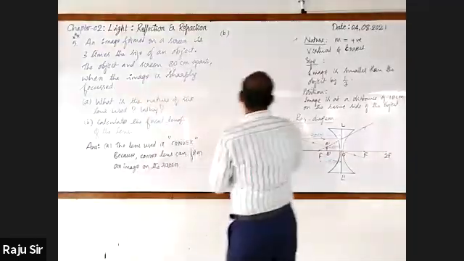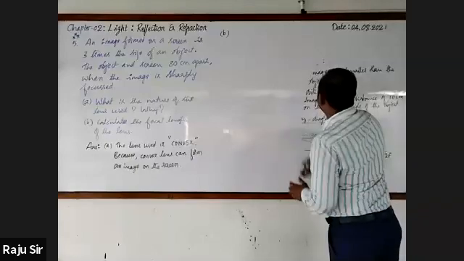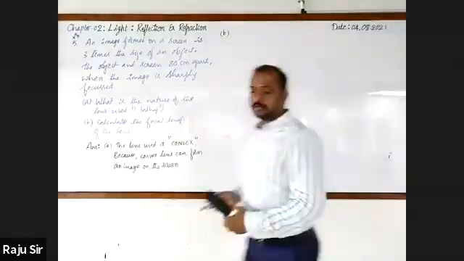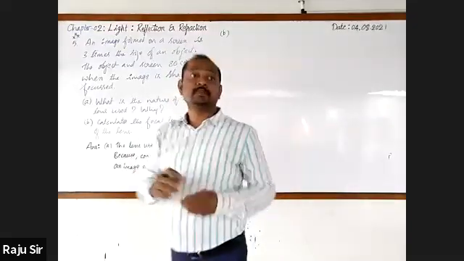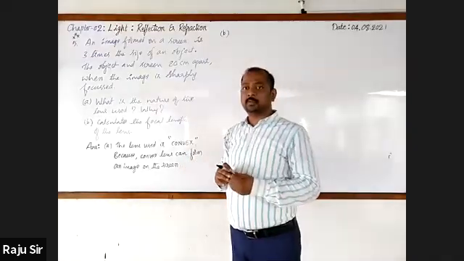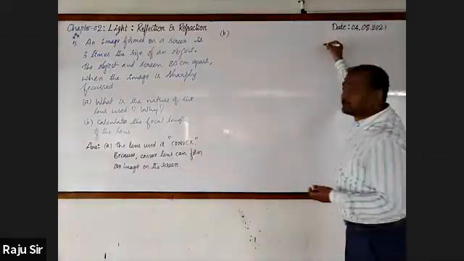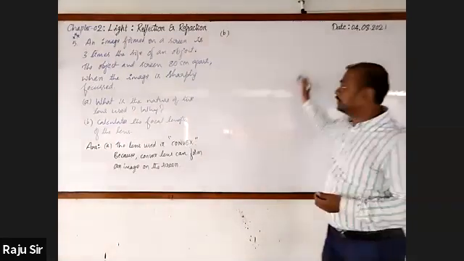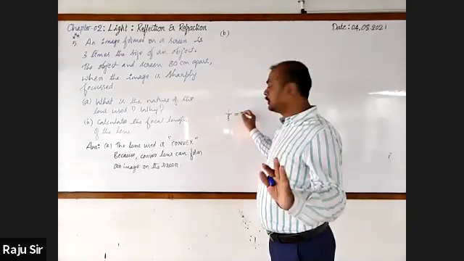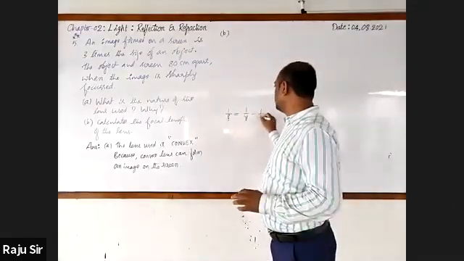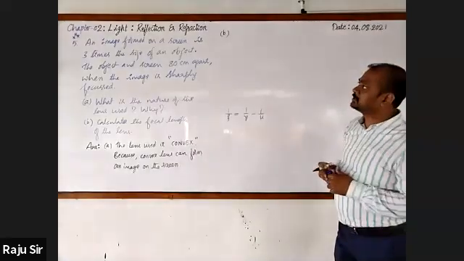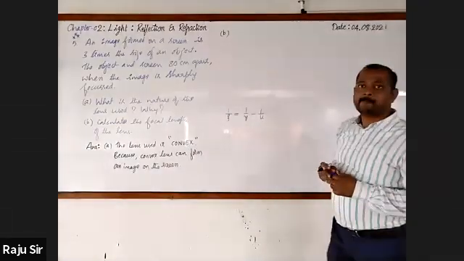Let's go for answer B. If you want to find out the focal length, which terms must you know? Object distance and image distance, we must know. And which formula should be used for finding focal length? Lens formula: 1 by f is equal to 1 by v minus 1 by u. But both are unknown for us, right? Are they given the object distance? No.